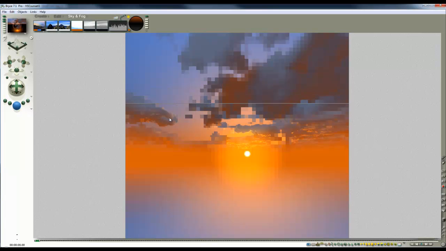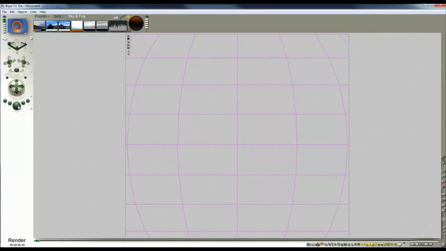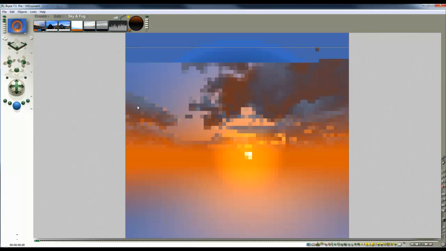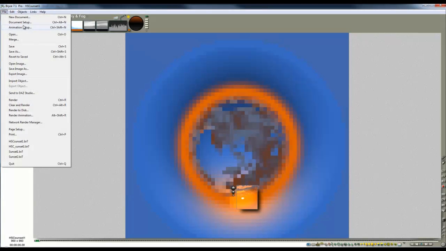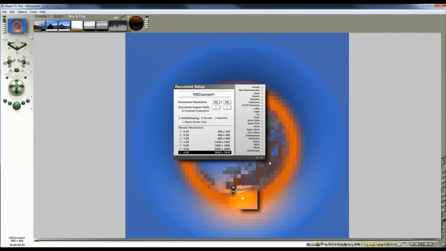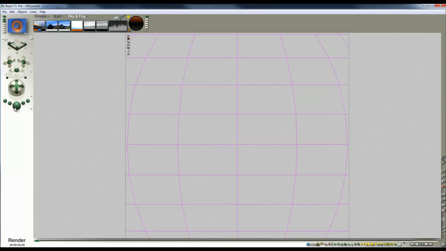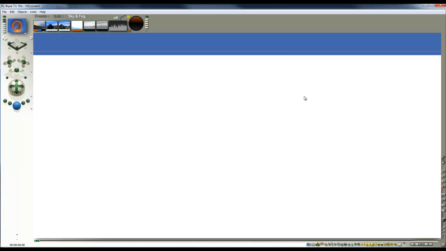So now, just for this scene, you can see that it's taking a while, particularly when it gets towards the horizon, because it's looking through a lot of thickness of cloud. So what I'm going to do now is switch back to the perspective camera view, and that's going to be my scene as it's captured, but when it hits this area it's going to really slow it down. So it's going to be document setup. I'll set it back up to a high resolution and render it, just let it render out in one go,